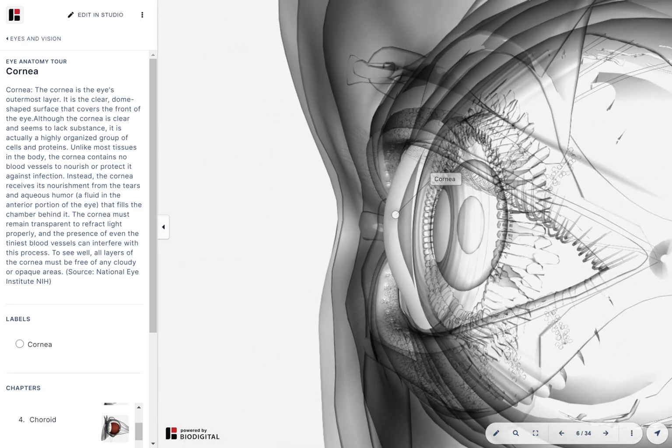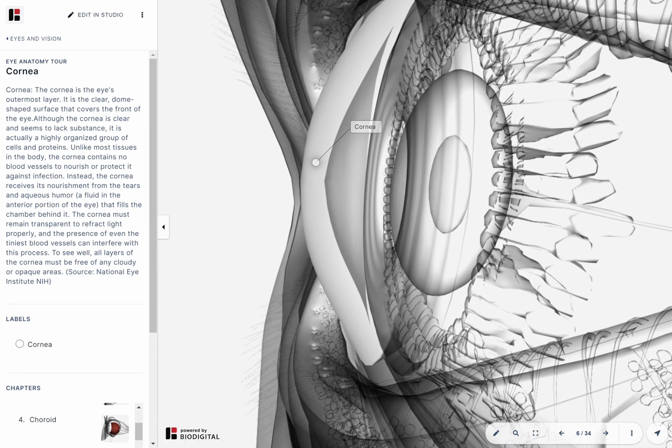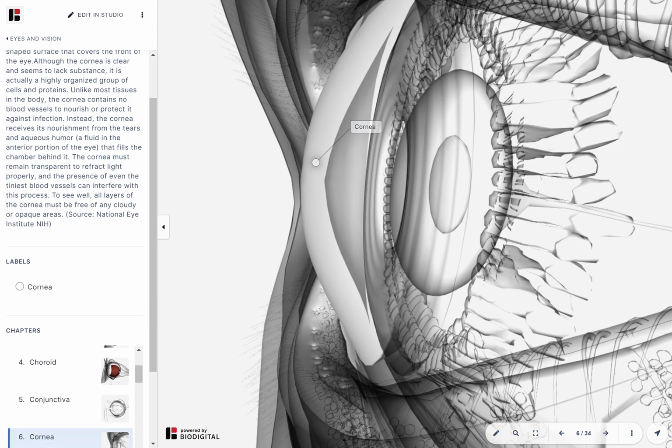Moving on, you have the cornea. The cornea is like your lens cover, or if I put it in easier terms, it's like the wrap around your cell phone to protect the screen. So the screen here is the lens inside, and the cornea is not opaque. If it becomes opaque, it's known as cataract. It's a transparent layer of protection, and it provides a different optical density for the light to bend before entering into the lens. So that is the work of the cornea.